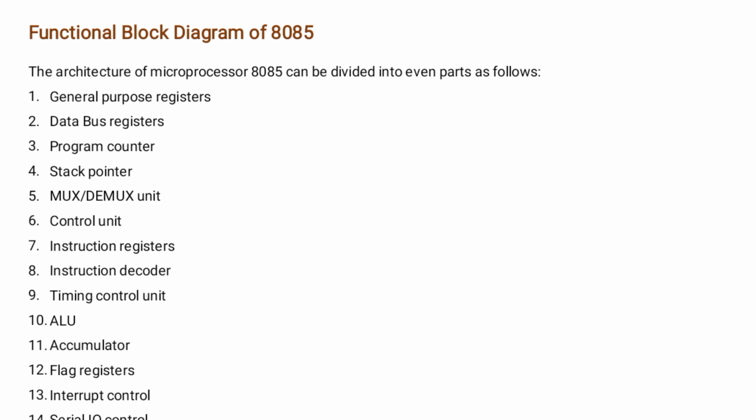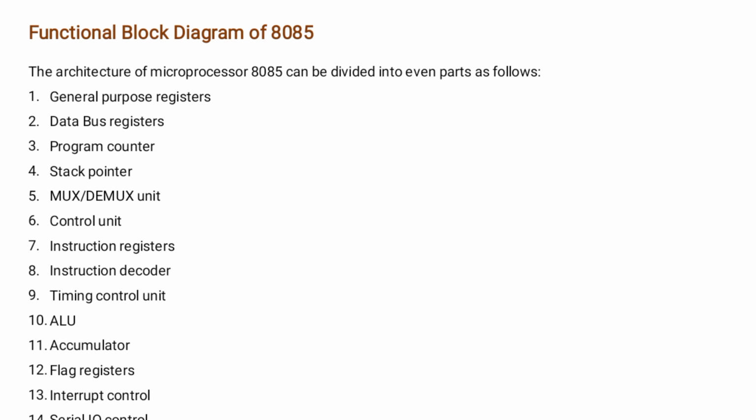These registers are of 8 bits, but whenever the microprocessor has to handle 16-bit data, these registers can be combined as register pairs BC, DE and HL.